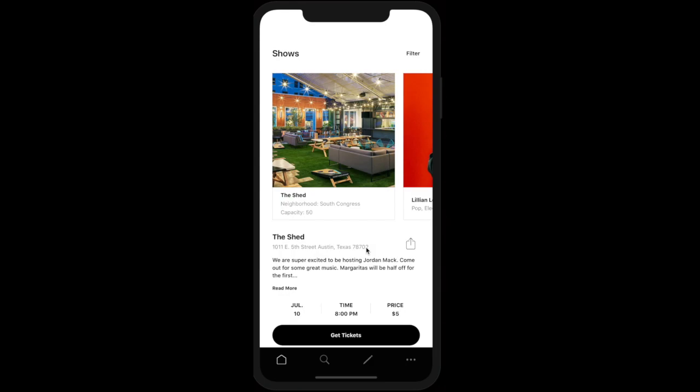So now that I've signed up, I'm actually looking at the fan side of the app. That's because any user who wants to join Live Sessions as an artist has to apply first. We do this to ensure we showcase only the very best talent. I'll get into the fan features here in a moment, but for now I'm going to head to the third